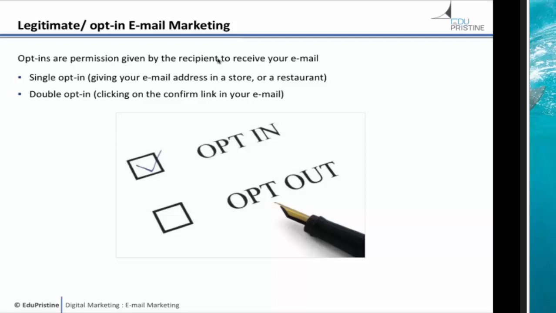What this helps as an advertiser is that you will not have a lot of unwanted email registrations on your platform. You would only have valid registrations, which will help you reduce the cost, because even when you're sending bulk emails, it comes with a cost. If you have a lot of wrong email addresses where people never subscribed, then you'd be losing a lot of money. So it's always recommended to have double opt-ins on your website or landing pages rather than just single opt-ins.